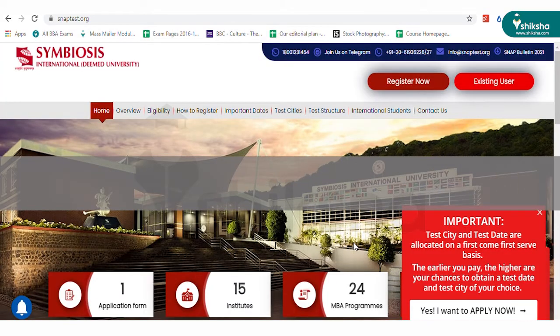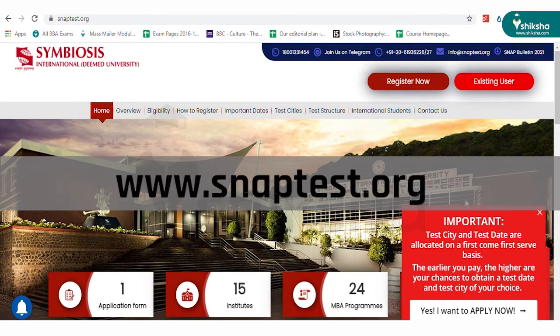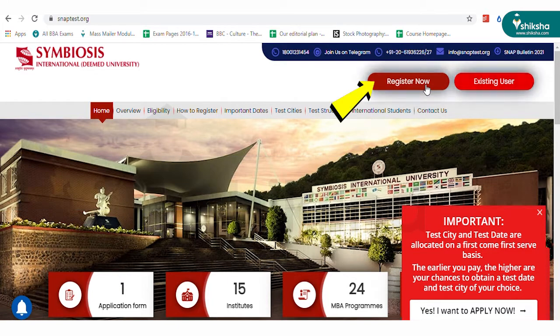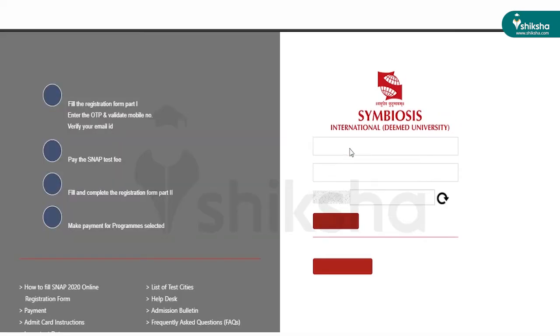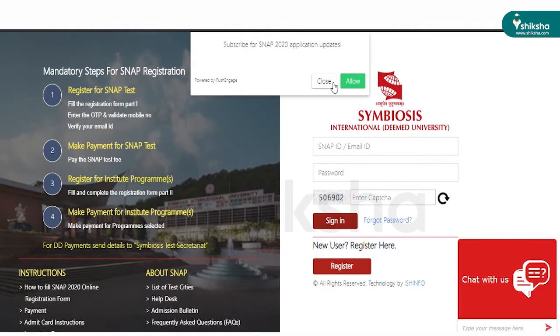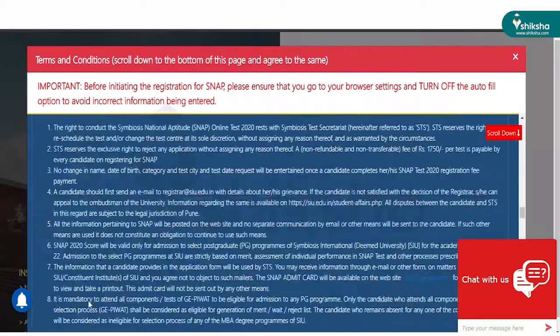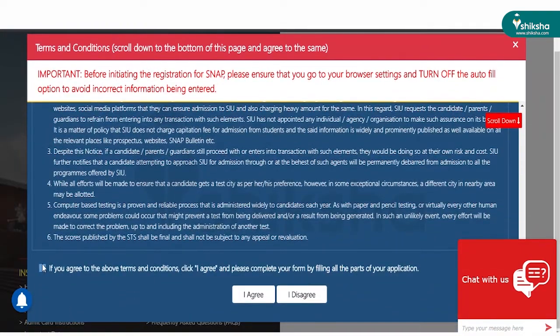First of all, log on to the SNAP 2021 website, which is snaptest.org. On the home page, you will see a register icon. Click on it to start the SNAP application process. On the registration page, click on register. Then read the instructions displayed on the screen, and at the bottom, click on I agree to move to the